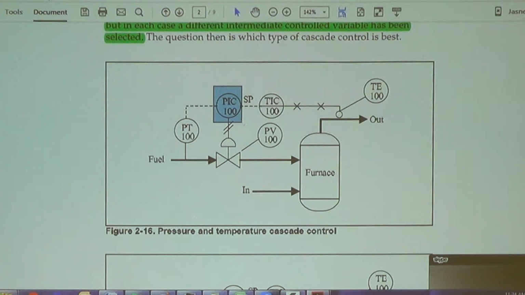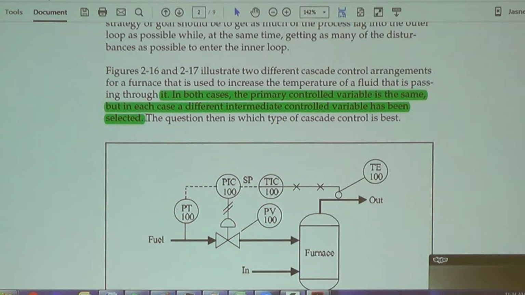Output is, I think, GPM means flow. Output is pneumatic. Oh, so yeah, it's okay. It is controlling the valve. Yeah. Don't make these mistakes. Okay. So be very careful when you're reading these.